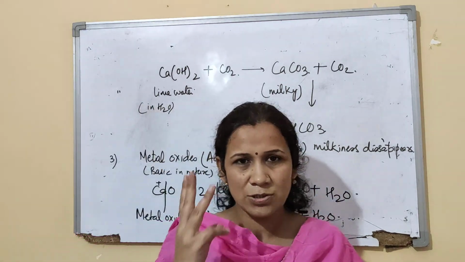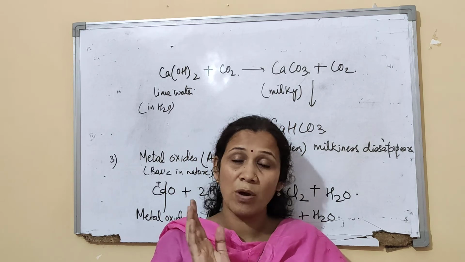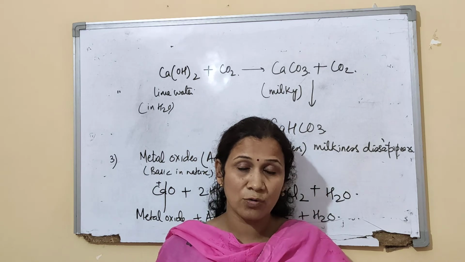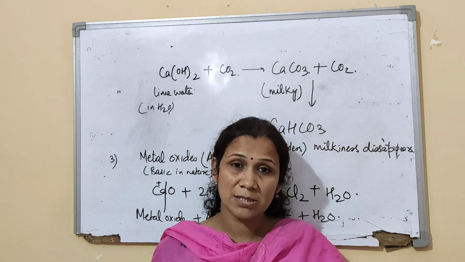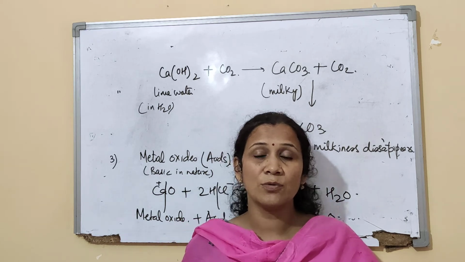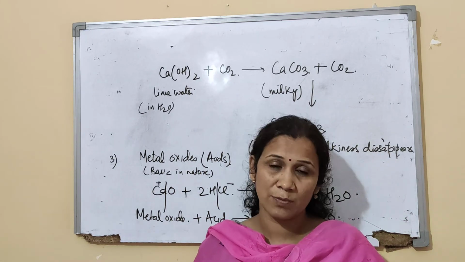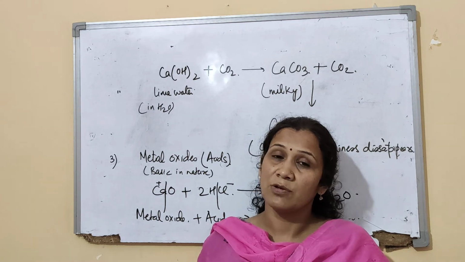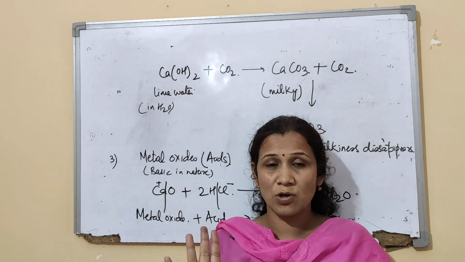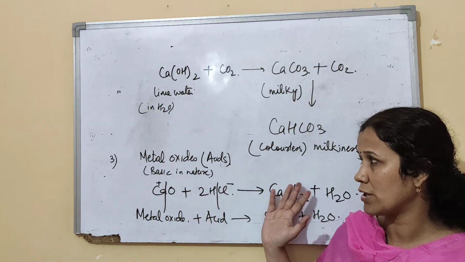Okay, so that means you have learned 3 reactions. You have learned any metal reacting with acid to give you hydrogen gas. You learned how carbonates and hydrogen carbonates react with acid; you will always get carbon dioxide, water and salt. Then third, you came across metallic oxides, which are basic oxides, and how they react with acid. When they react with acid, you will always get salt and water, because we know acid plus base is always neutralization, giving salt and water. In the same way, this is metal oxide, basic, this is acid, you get salt and water.